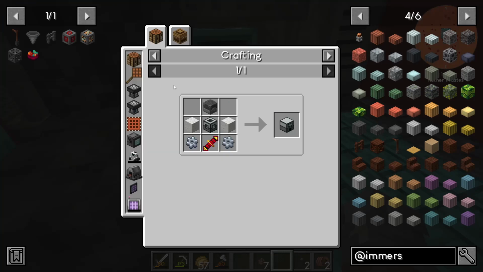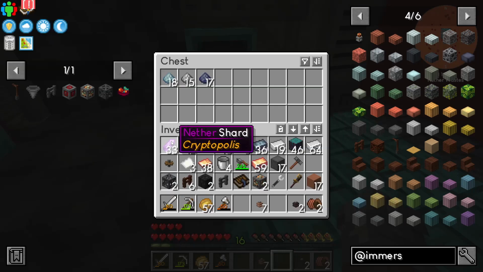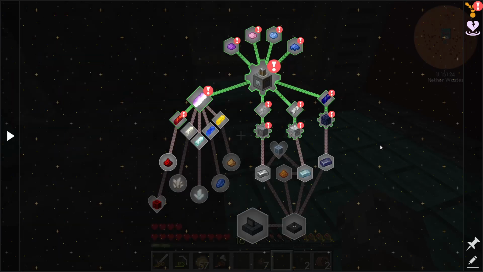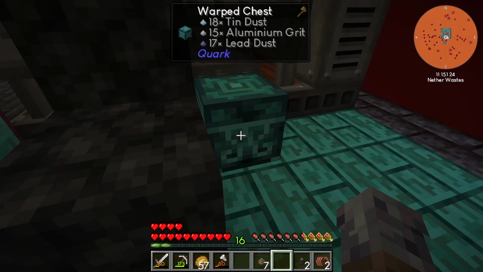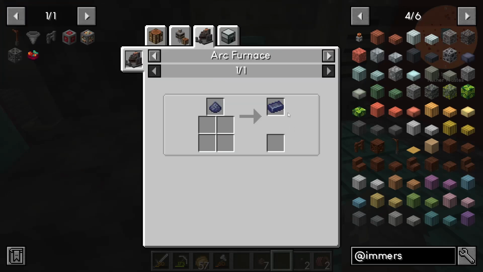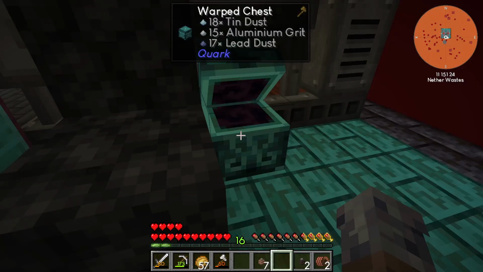we can use an induction smelter to process this, but making a machine frame requires miniaturization, which, if we look in our quest here, we have to get these different ingots before we move into the miniaturization stuff. So that means that we are going to have to get the arc furnace to smelt this stuff down. So